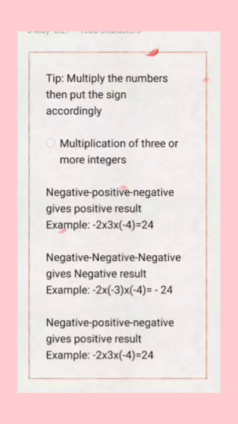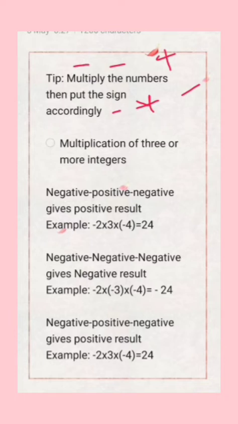Here we have studied that if two integers are negative, means minus into minus, then the answer is plus. If you multiply one negative and one positive, then your answer will be minus, means minus into plus is minus. But let me give you another way to decide your answer sign, means whether your answer will be positive or negative. For that you just have to remember two sentences.